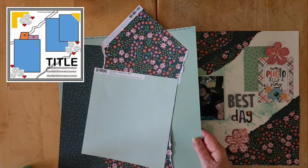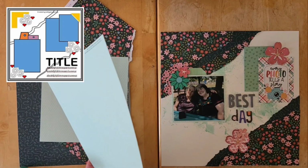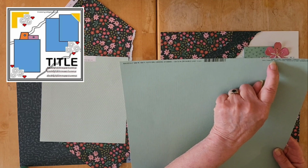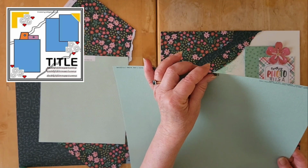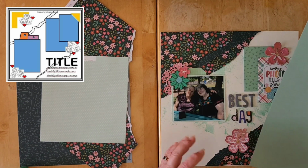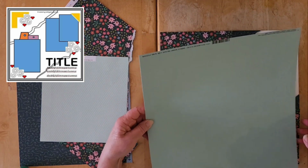Now, my original thought, and you can see this is Colleen and I when she was here last week. So as I said, we're going to have a little bit of a mini series. So my first idea was to use this cardstock, which is aqua. It's a little bit more mint to me, but anyway, so lovely aqua cardstock as my background, because it does go very, very well. It was part of this kit and it goes very well with these papers,